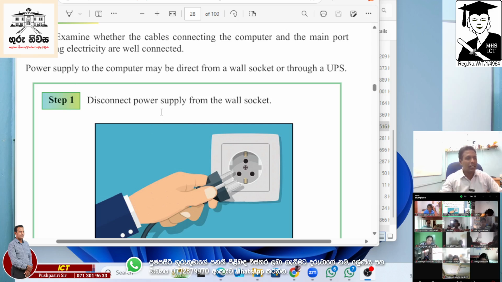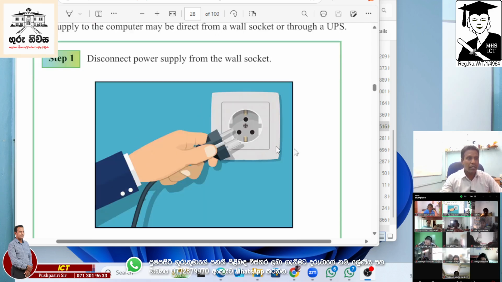Yeah, there may be a loose connection on the power button, no? So we have to check for the loose connection. And sometimes you have not connected the computer plug well, so you have to replug it. And sometimes it is not connected properly to the wall socket. So those can be the problem, no? Okay, shall we write down the solution for them?